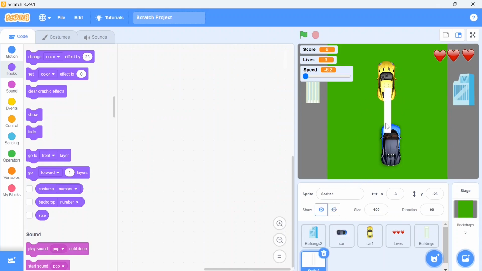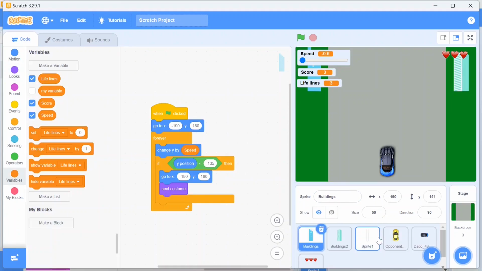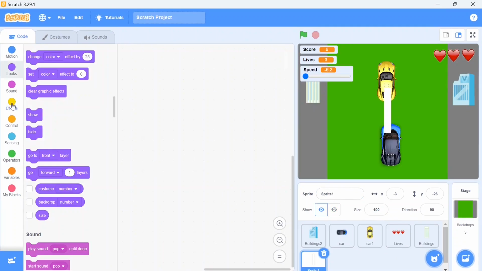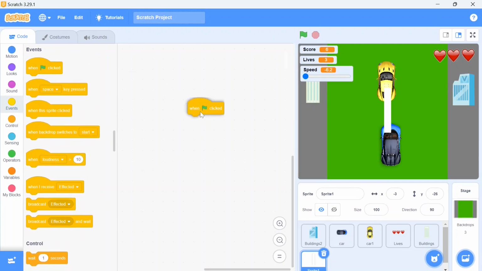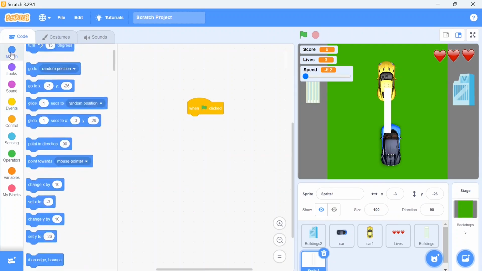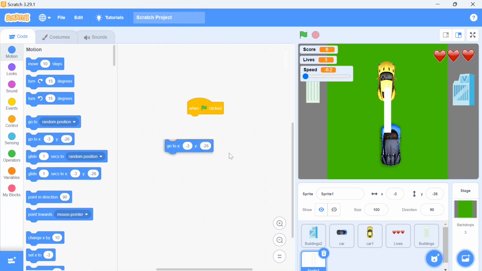We are going to do the coding for our white strips, which are hidden now. You can see it's up here. I want to do this strip coding also, because when the buildings are moving, it looks like the side tracks are moving. When the strip is also moving, it really appears like the car is driving on the road. For that, I'm going to choose this sprite. I'm going to the event block. When the green flag is clicked, first I want to set its position. For that, I'm going to choose go to x y, and its position should be x 0 and y 180, because it should come from the center point.